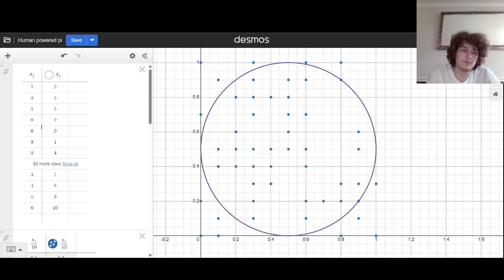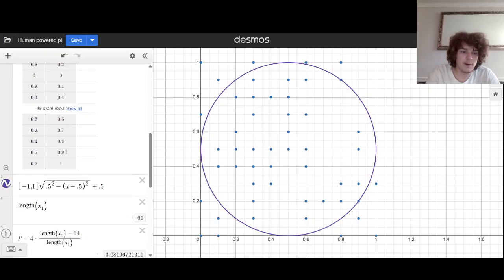I had however many friends submit different pairs of numbers, random pairs between 0 and 10. So x can't be outside 0 and 10, and y can't be outside 0 and 10. I divided all these numbers by 10, and then I got this scale from 0 to 1. I graphed all these little pairs. Then I put a circle here, and I divided the number of dots inside the circle by the total number of dots, and then multiplied by 4,